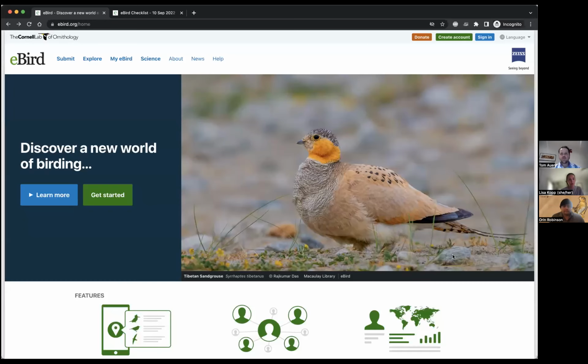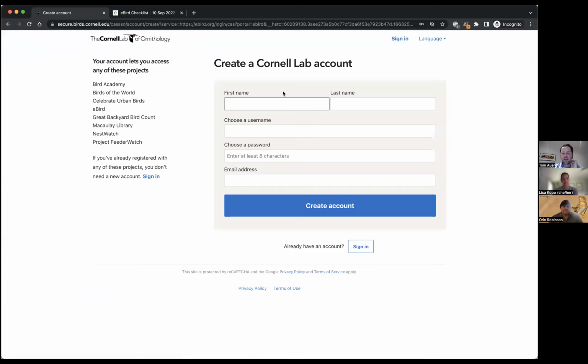So do you mind doing a little demo of, I just put in the chat the eBird website, but to show people how they could get started? Yeah, so if you go to ebird.org, this is where you'll land if you don't already have an account and you're not signed in. And it gives you some great prompts to get started. You need a Cornell Lab account, so you can fill out your basic info there.